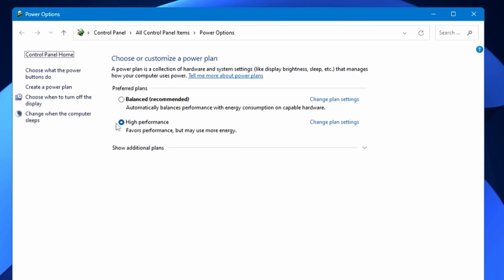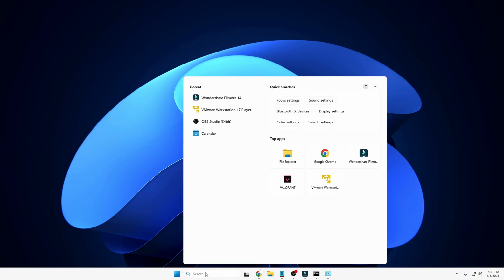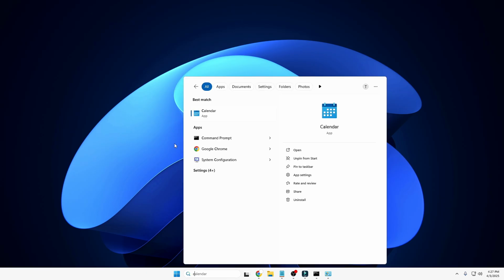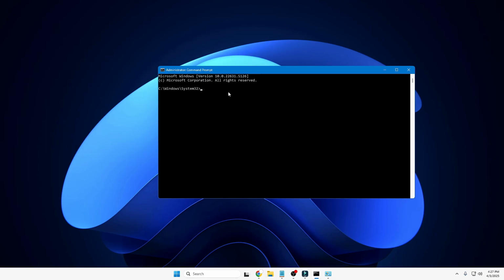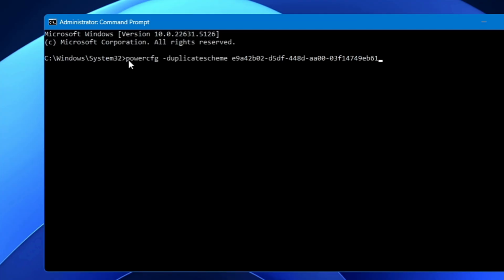So here if you need a better power plan, even than the high performance, then what you will have to do, click on your Windows search, type cmd, right click on the command prompt, click run as admin, click on yes, and I will be sharing the command in the description. You need to copy and make a right click here. This is the command, and once you hit the enter key,